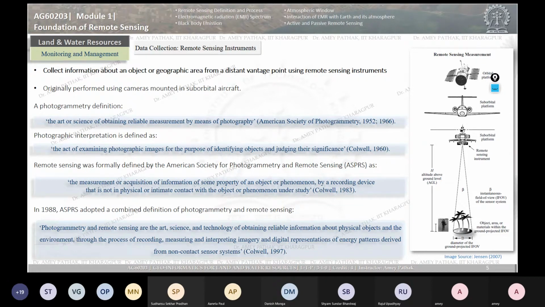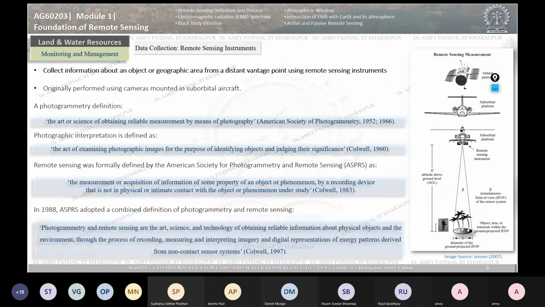So we have seen the in situ data collection and what the challenges are, because even if the observer or the person recording the observation is very keen in taking the observation, there may be some chances of error, and those errors propagate. The errors may be because of faulty methods conceptualized while collecting the data. Also, if the instrument is not calibrated properly, that also leads to a source of error.